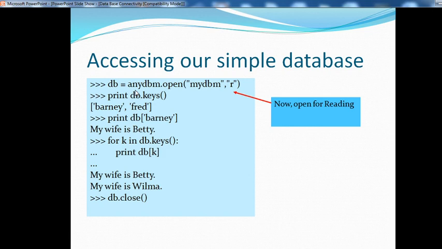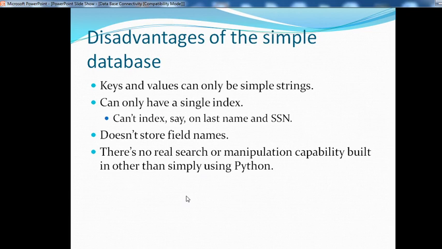Now see the disadvantages of the simple database. Keys and values can only be simple strings. It can only have a single index, so you cannot index on, say, last name and SSN. It does not store field names, and there are no real search or manipulation capabilities built in other than simply using Python.